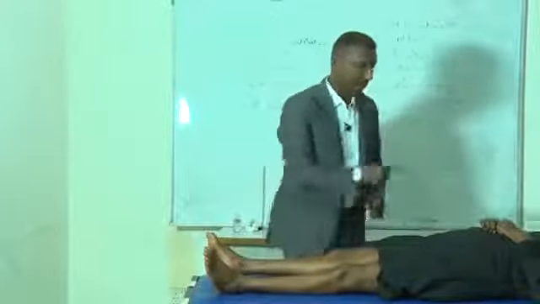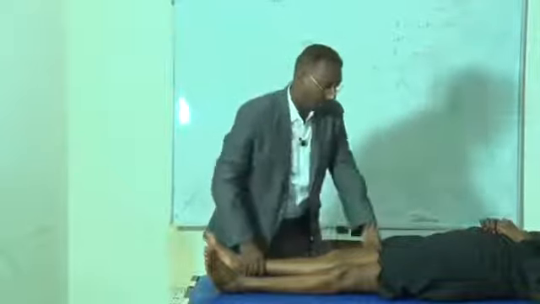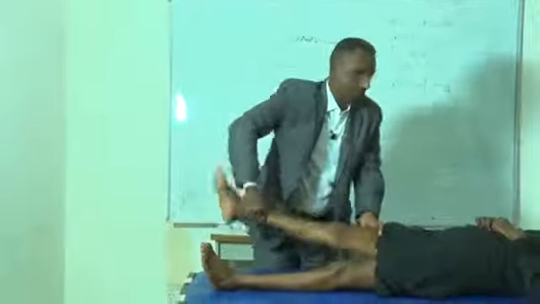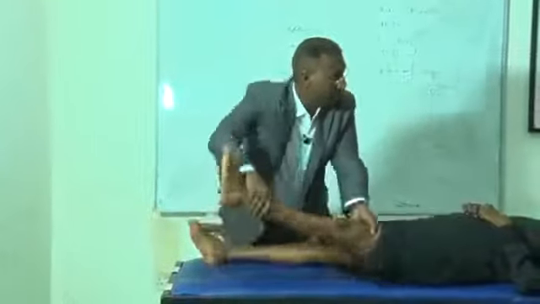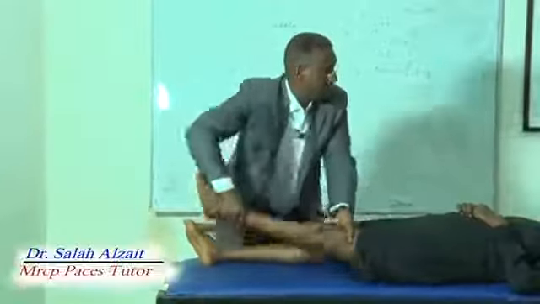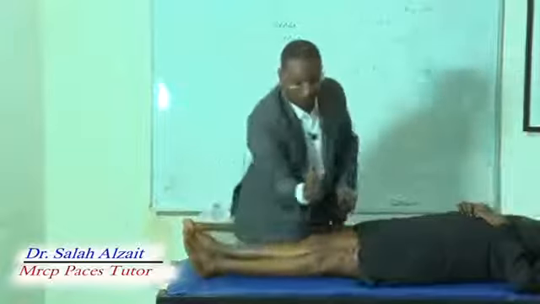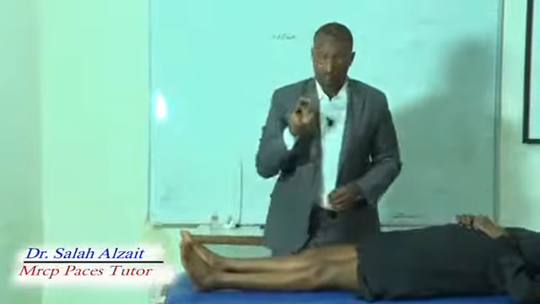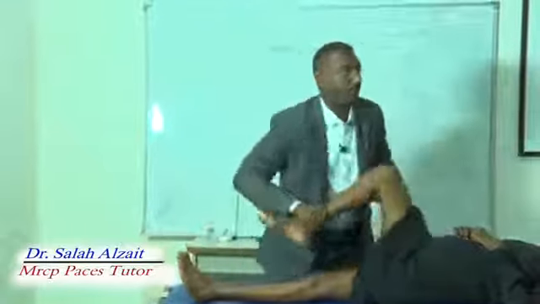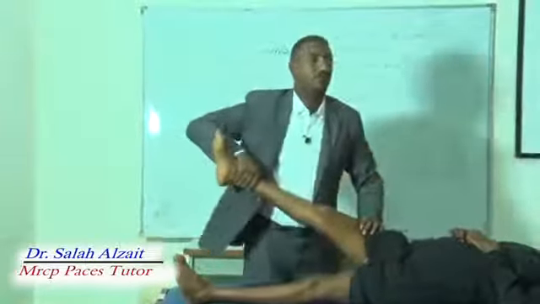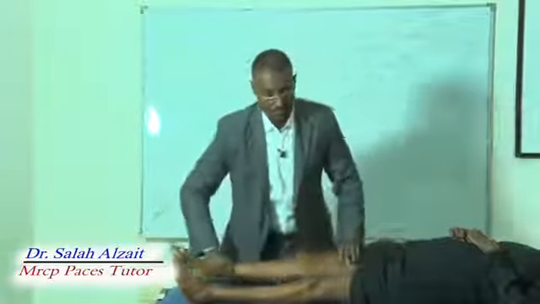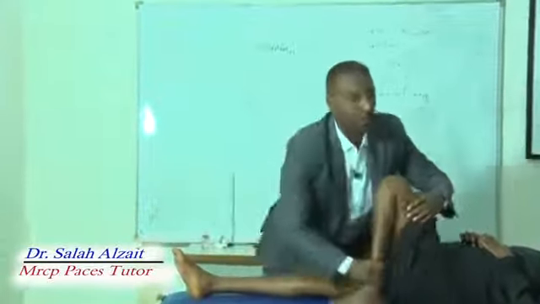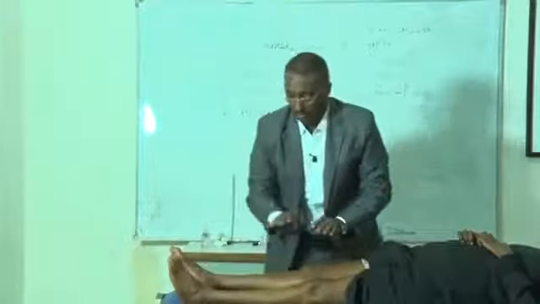Tone around the hip. Do you have any pain? No. I will start like this. This is around the hip. Then here also. I will come to tone around the knee. Tone around the knee has 3 parts. Number 1, flexion, extension. Then here also, flexion and extension. Then rolling